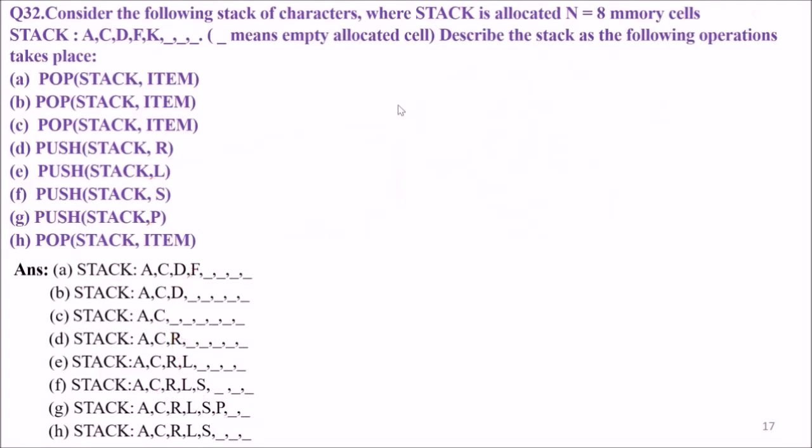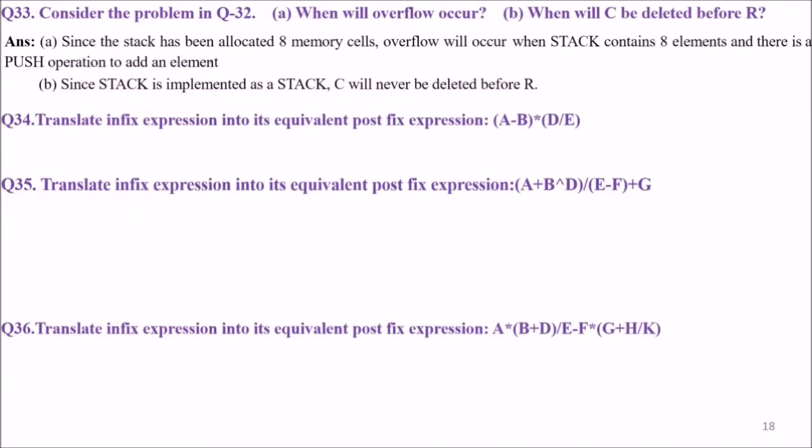So let us see the answer. Since the stack has been allocated 8 memory cells, overflow will occur when the stack contains 8 elements and there is a push operation to add an element. So after all the spaces of the stack, 1 to 8, are consumed, if any other push is there, there will be an overflow. When will C be deleted before R?